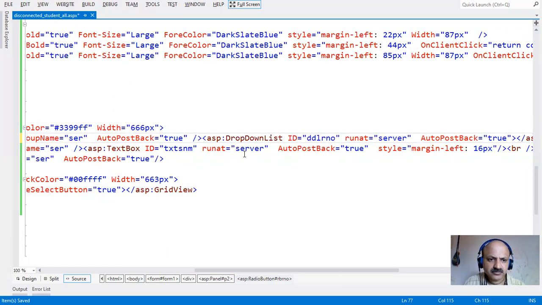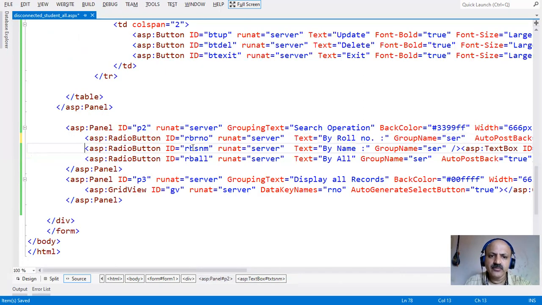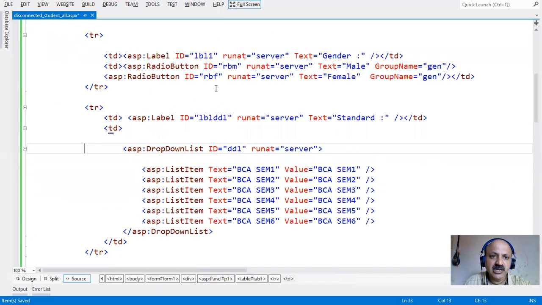Then for name wise we can take one text box, and its ID is txtSNM, so we can refer to that ID in the code part. Here we do not change the label ID.